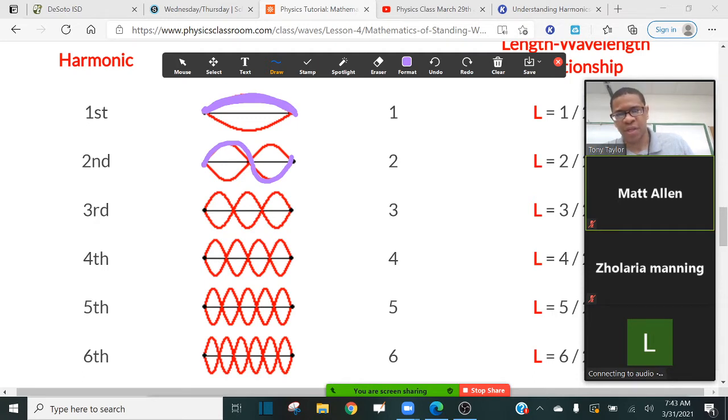Okay. But what about a standing wave that's vibrating at the third harmonic? That's represented by 3 halves of a wavelength. So, right, because here's a half a wavelength here, here's a half a wavelength here, and then here's a half a wavelength here. Right. So basically, I'm drawing how the wave will look like at a single instance in time. Like if you have to take a snapshot of that wave, you will see 3 halves, 1, 2, 3. So